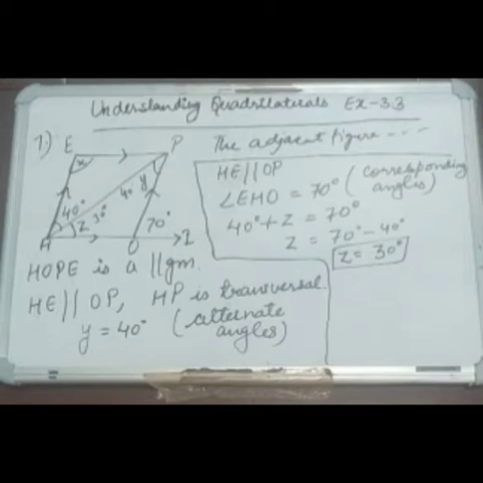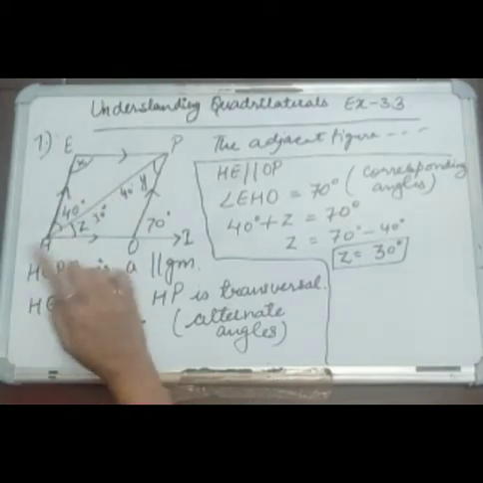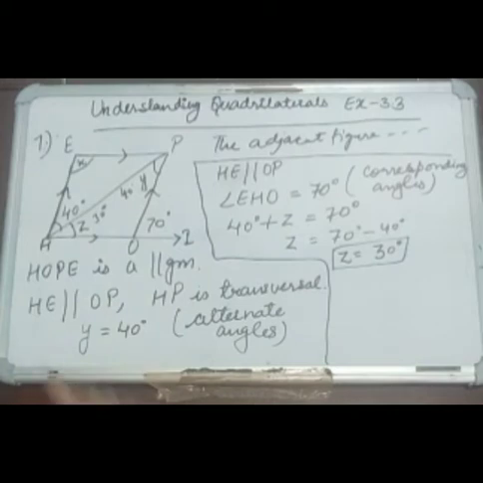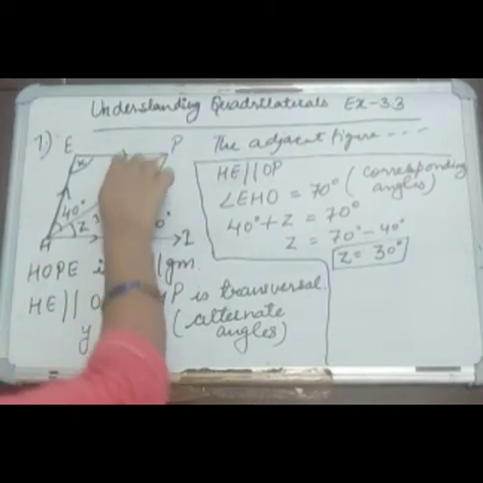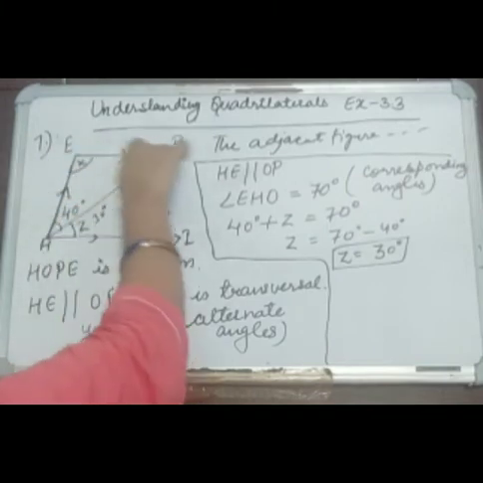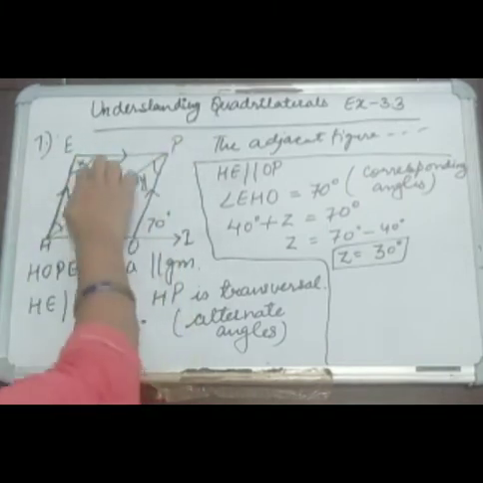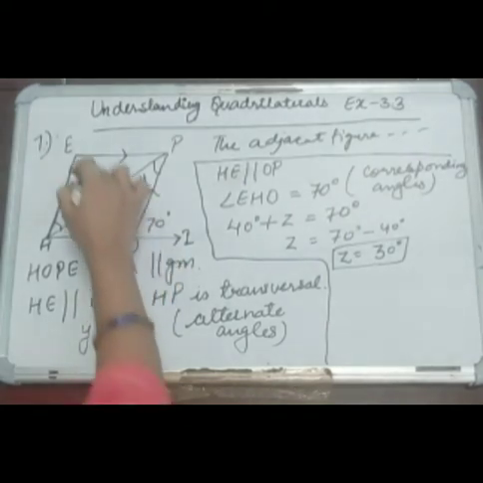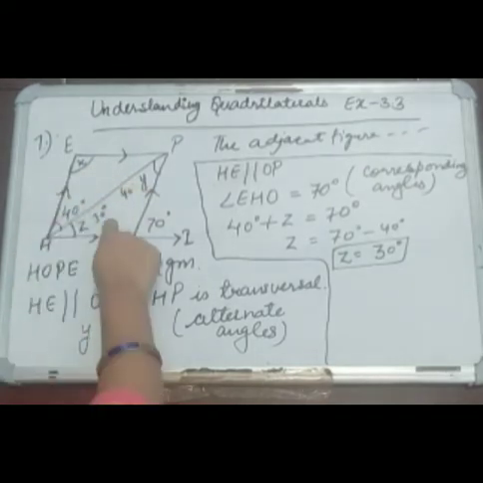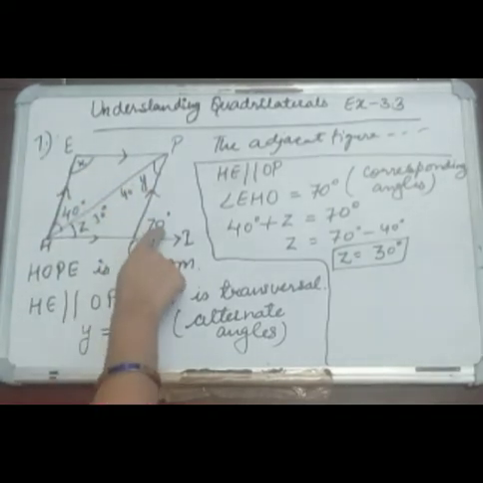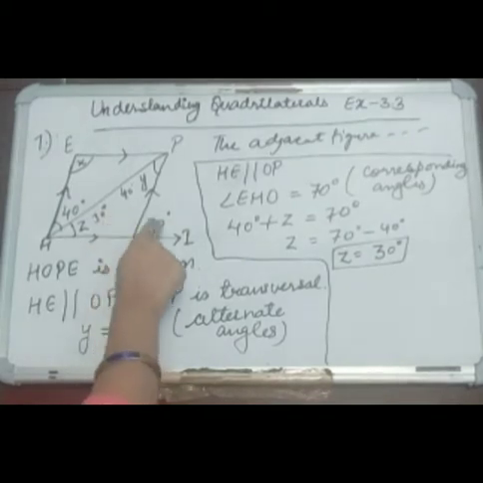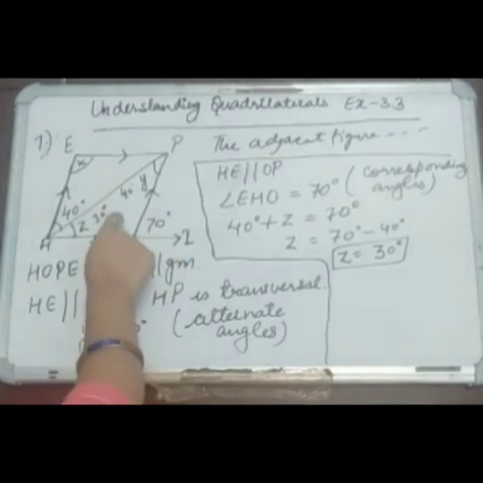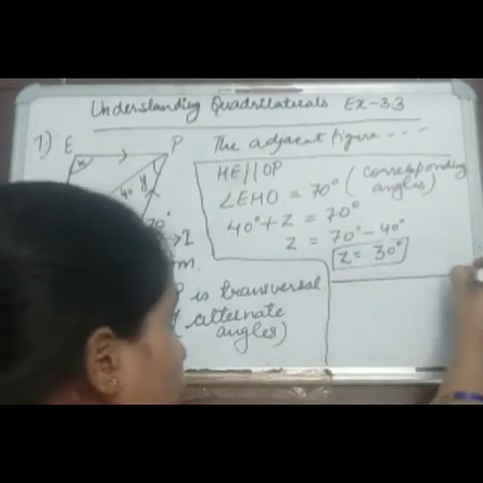Now I have to find out the value of x. How can I find the value of x? Now see here, I can find this by two methods. I can write this one as 30 because both are alternate angles, then I can apply the angle sum property of triangle, and from that I can find out x. And one more thing: I can find out this one angle, and this angle will be equal to this angle. So how will I find it out? This one angle is making a linear pair with this 70. So by subtracting 70 from 180, we will get this one angle.